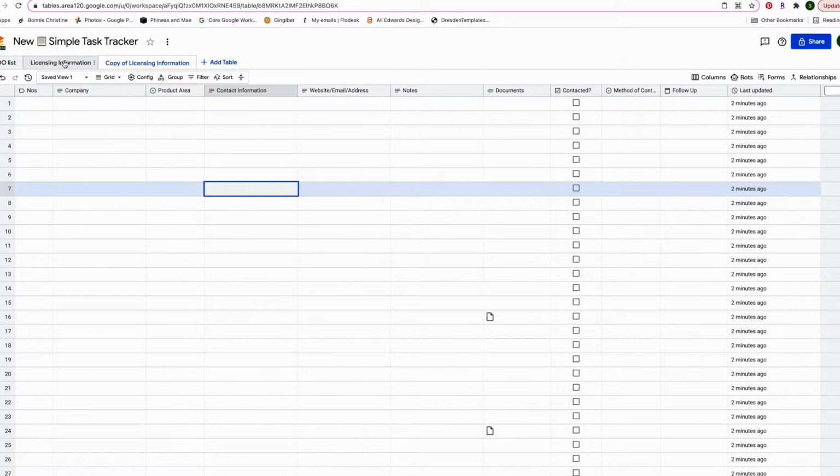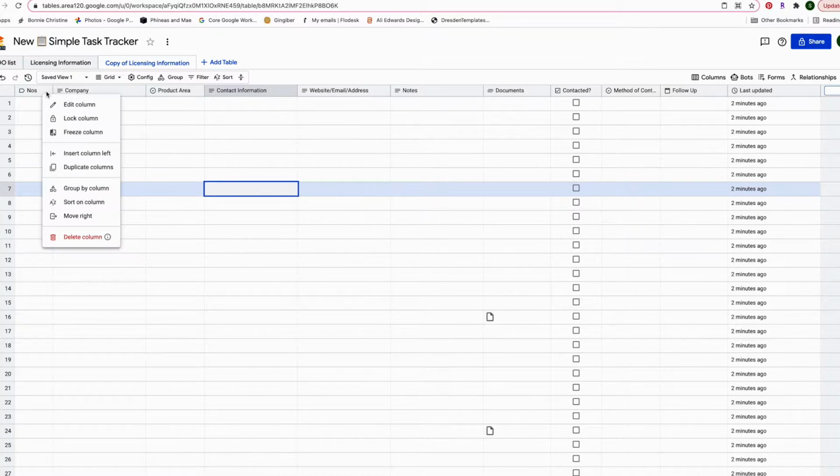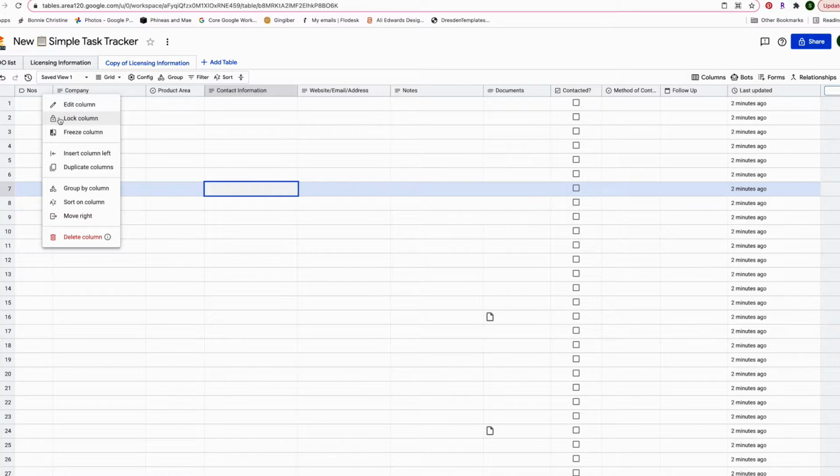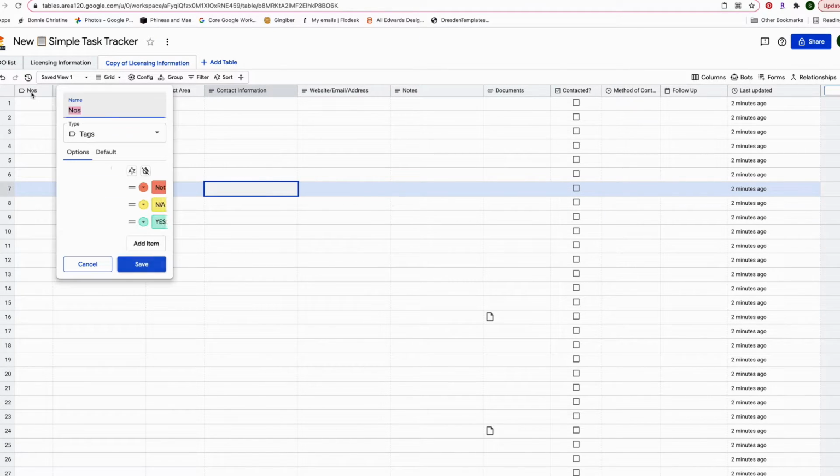It marries a spreadsheet with data, like a database, and really just helps you keep it all in one place, which has just been great for me. So you can see there the titles across the top, just like a typical spreadsheet. And you just handle it like a spreadsheet, but the difference is that you can integrate things into the spreadsheet that